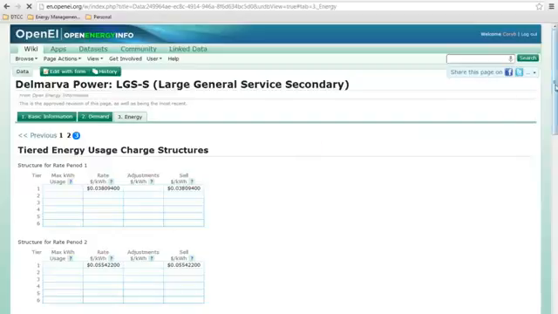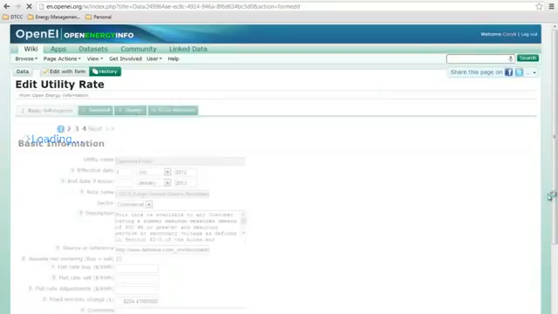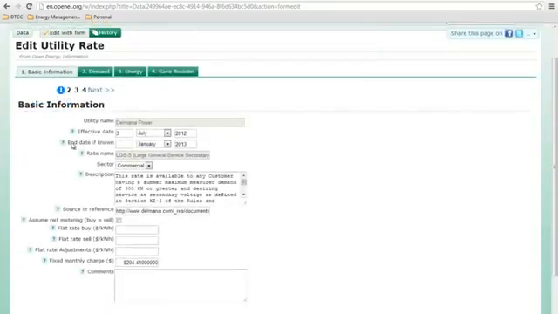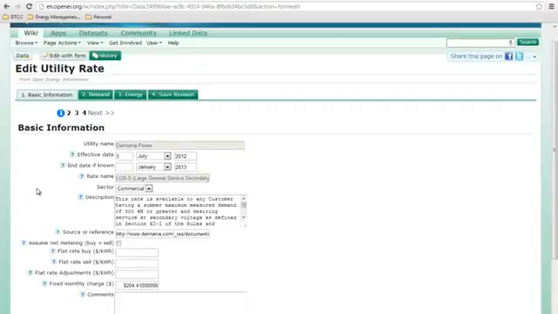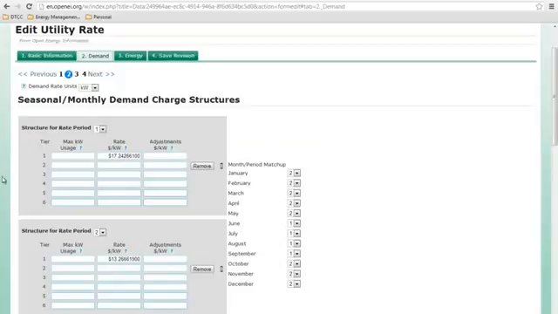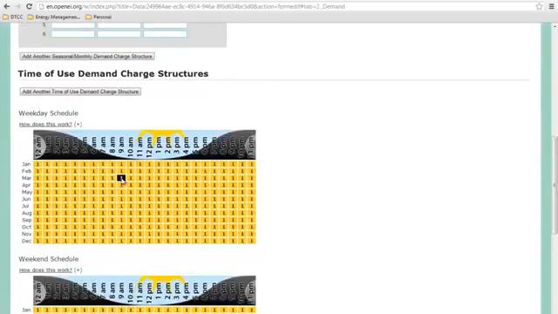It takes a little while because it's got a big editor mode on here. Okay, so as you can see, we can edit all the things in our basic information. Let's go ahead to the demand. And we can edit our periods. We could edit